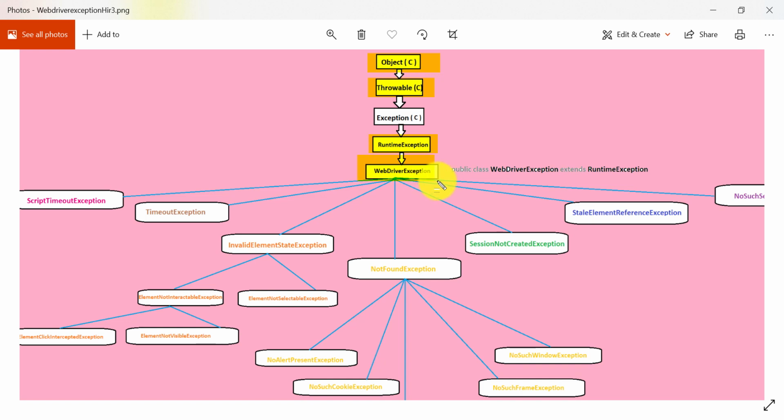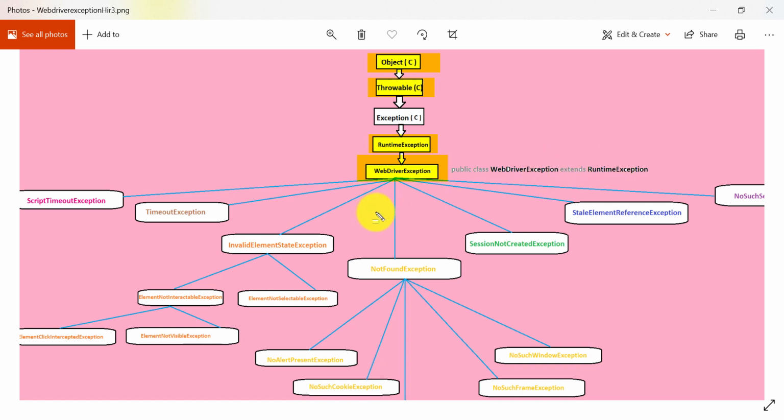This is WebDriverException, which extends RuntimeException: public class WebDriverException extends RuntimeException. So RuntimeException is the parent and WebDriverException is the child, inheriting the properties of RuntimeException, in short.